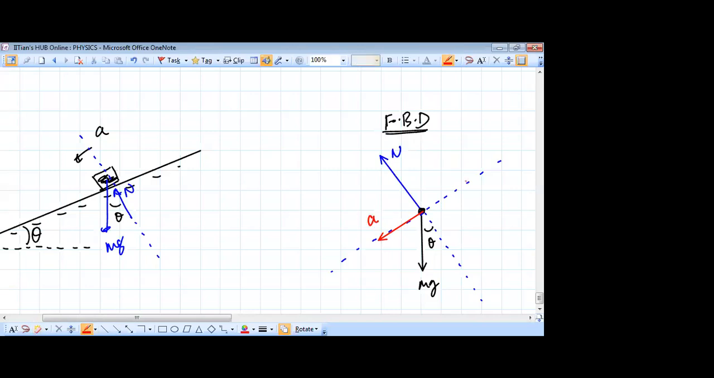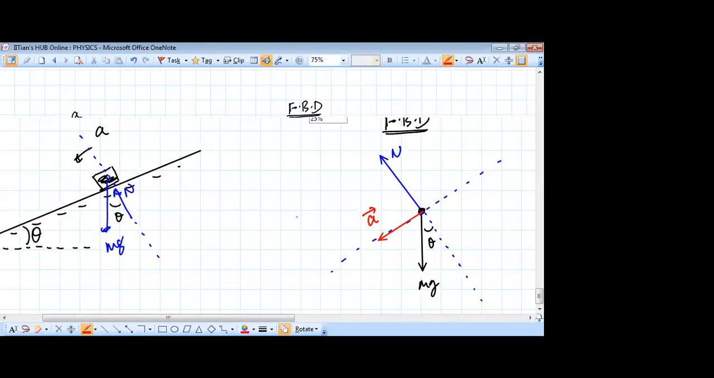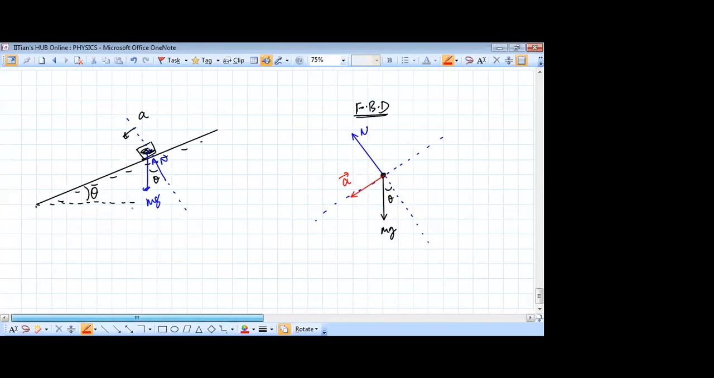The acceleration will be like this. There are only two forces acting, very simple, mg and normal reaction. Now the rest is geometry. We have seen n number of times by now that if your inclined plane is at theta to the horizontal,